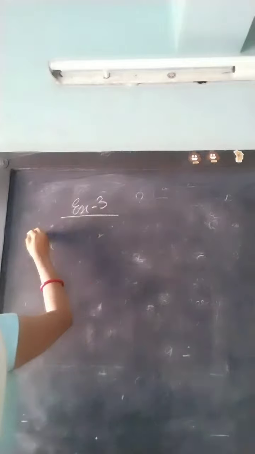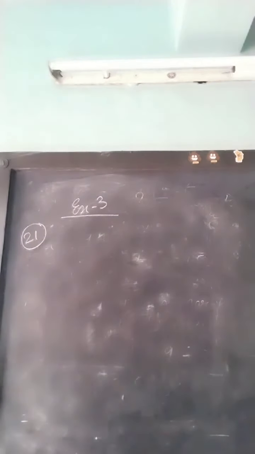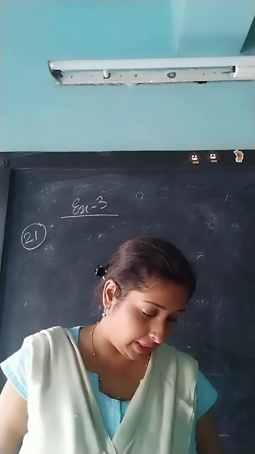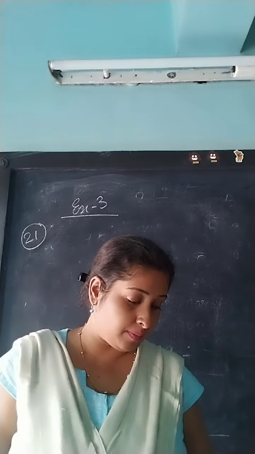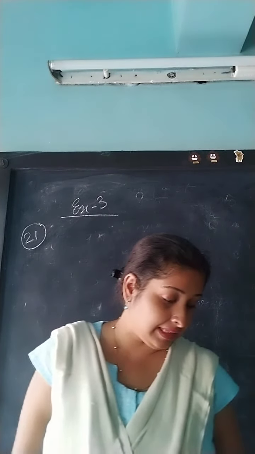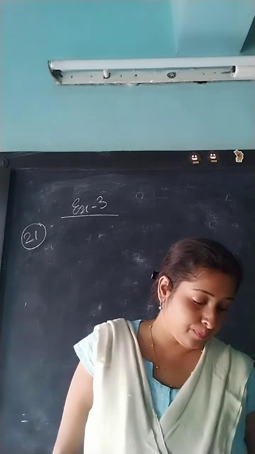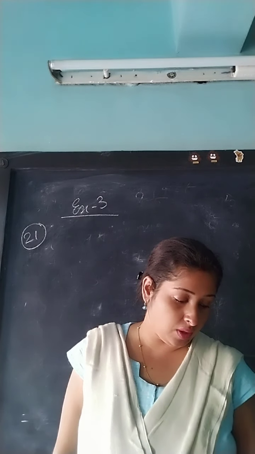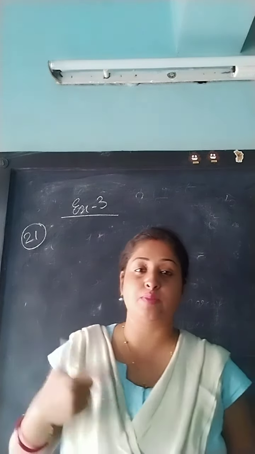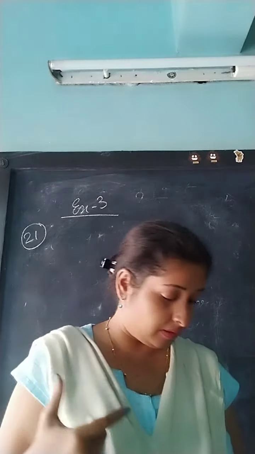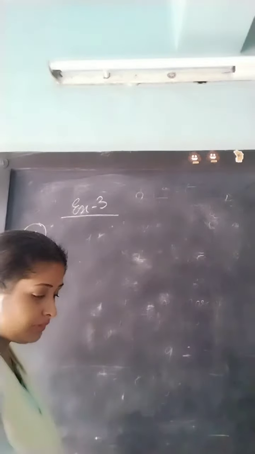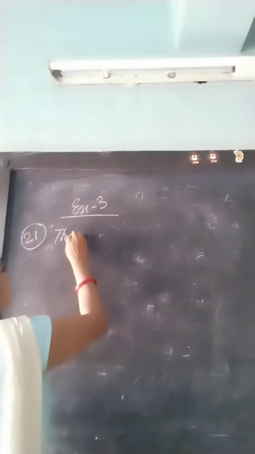sum number 21 is the first problem sum of the exercise, where it is given that the circumference of the two wheels of a car are 6 whole number 3 by 14 decimeter and 8 whole number 1 by 18 decimeter. Find the least distance travelled by the car when the two wheels rotate whole number of times. You have to find out the least distance travelled by the two wheels. The measurement of the wheel of a car is given. The circumference of the two wheels is given.